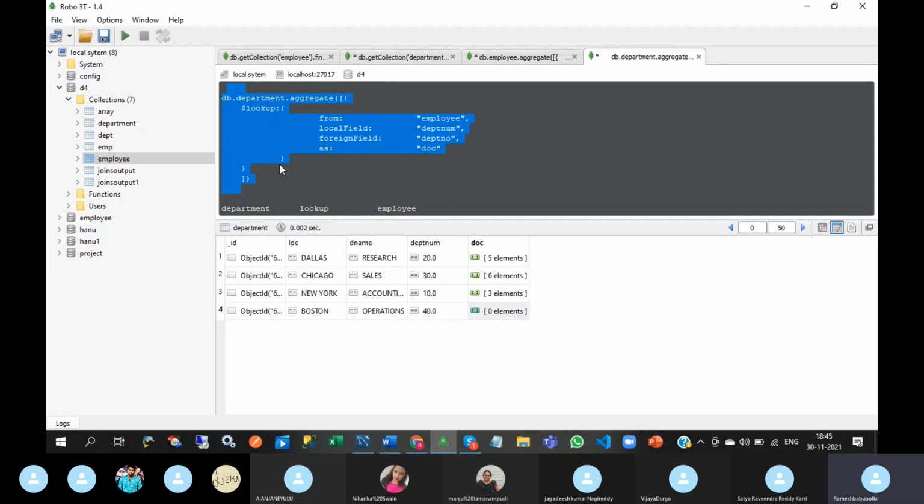So joins are not available in NoSQL, I mean MongoDB. But if you use the lookup operator, you can achieve left outer join functionality. This is the way to achieve it. See this result.